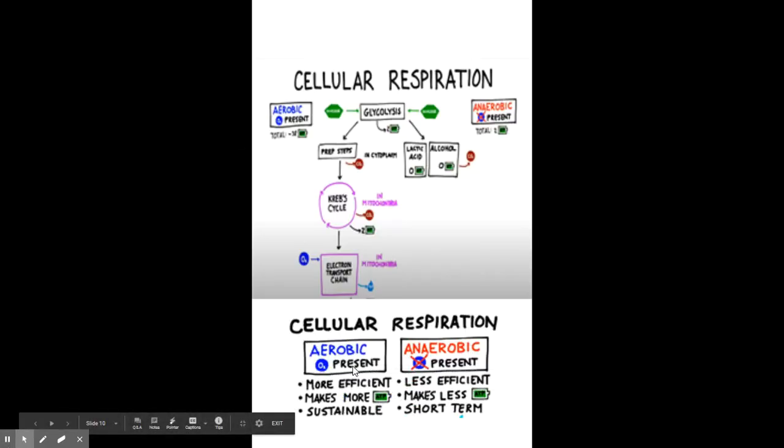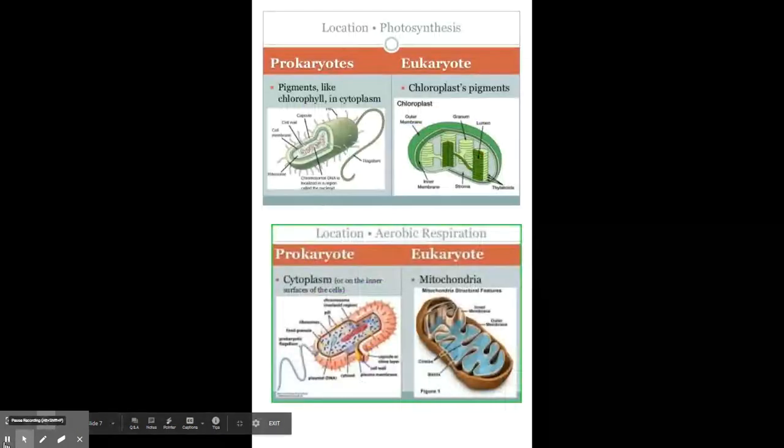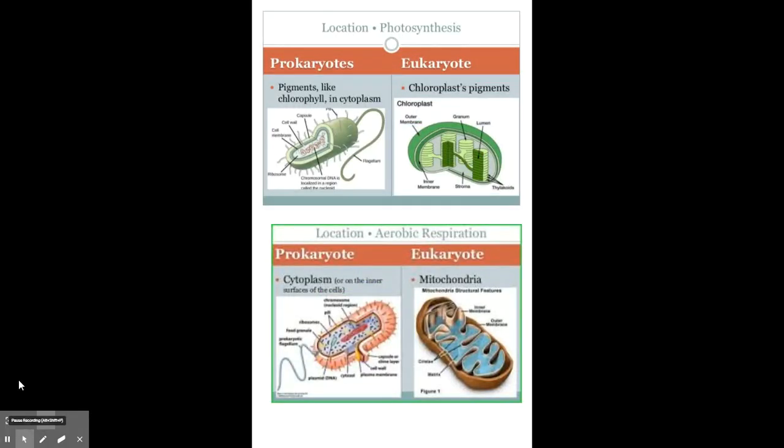Aerobic respiration, if oxygen is present, is a lot more efficient. We make 36 to 38 ATP, and it's sustainable. Whereas anaerobic respiration is a lot less efficient. It makes less ATP, only 2, and it's a good short-term fix. Remember that prokaryotes do not have organelles, so they have to go through both photosynthesis